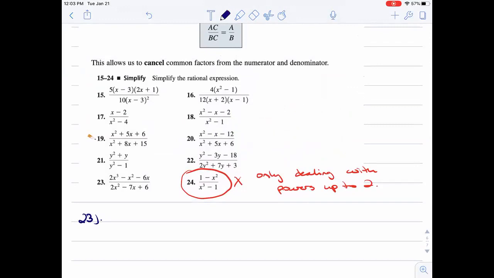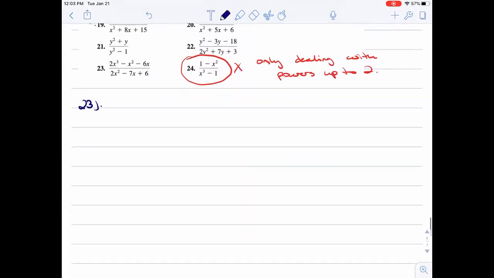We're just trying to simplify this rational expression. So if we've got 2x to the power of 3 minus x squared minus 6x over 2x squared minus 7x plus 6,